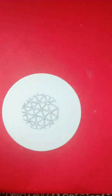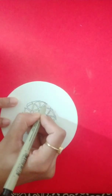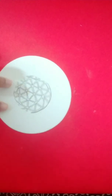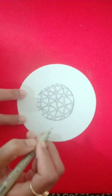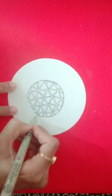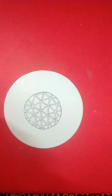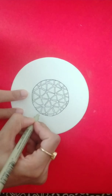So let us give it a border. I'm going to give it a kind of a thick border with my 08. So kind of confining it within a circle, and a few more left here and there,